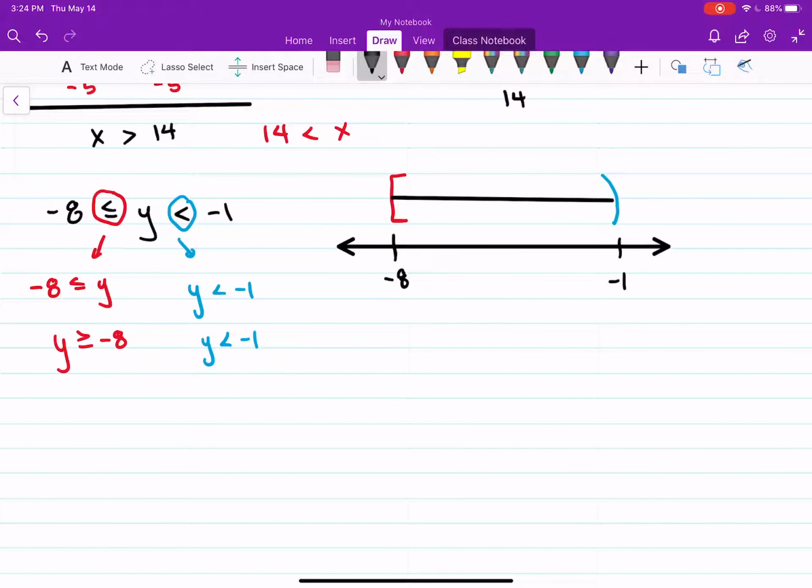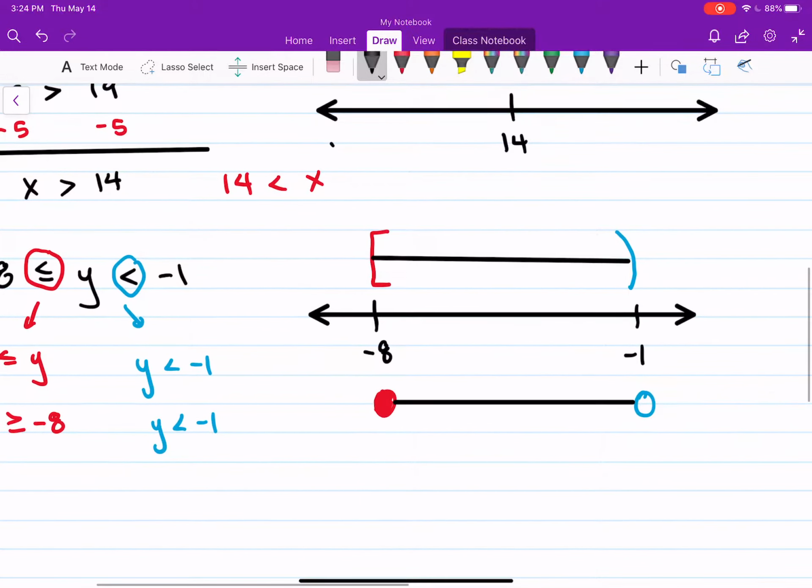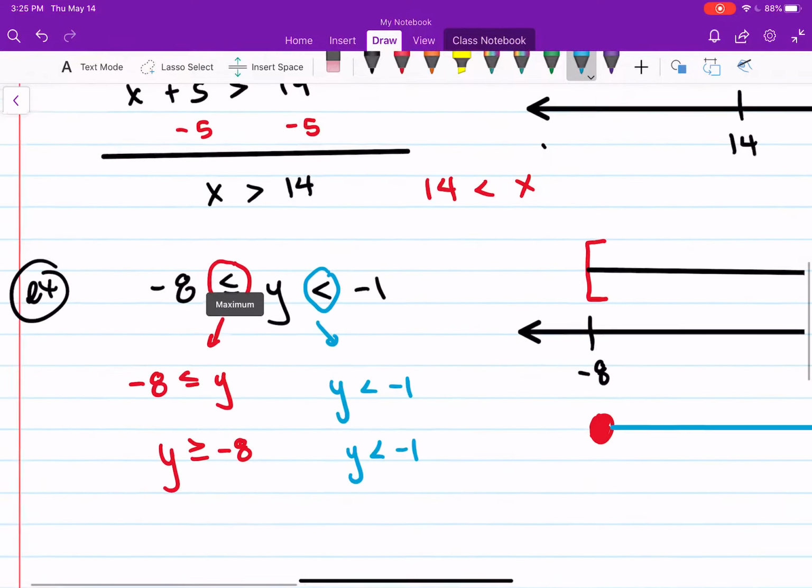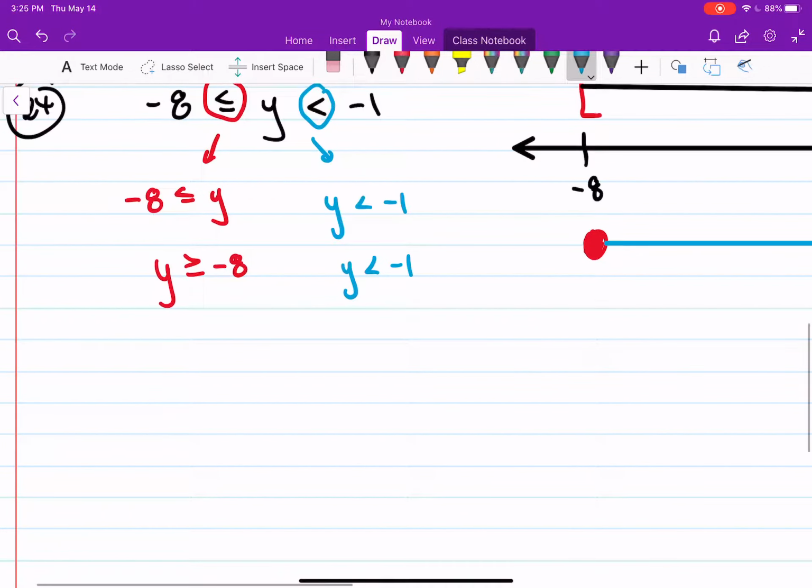Now back in the day, you would have done it this way. We just did it that way. So that's back in the day, but we use parentheses and brackets these days. But if you get confused with just the given equation and you want to break it up, you can,